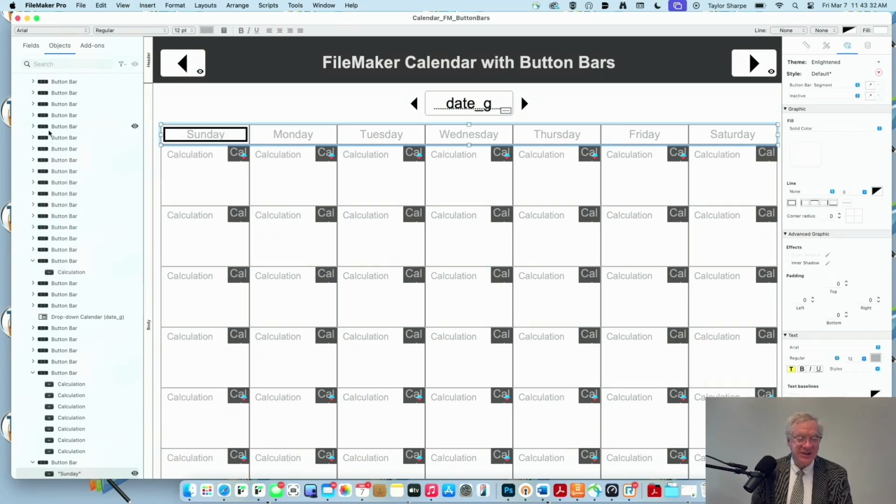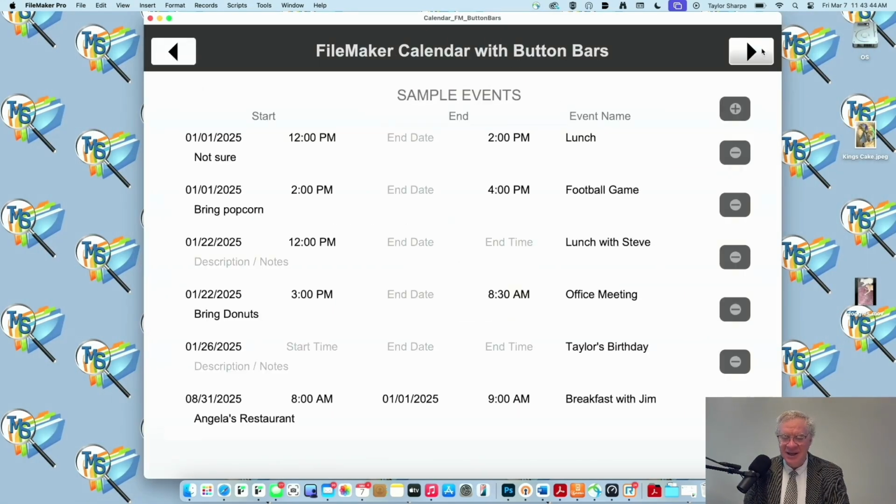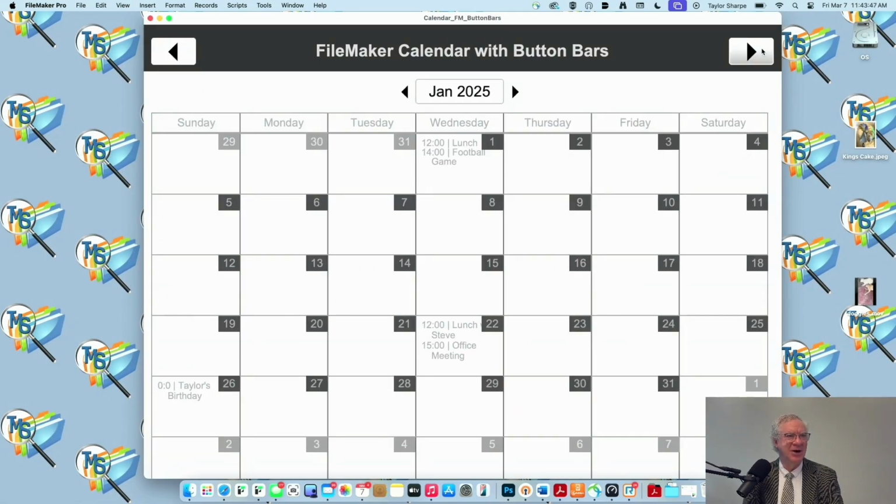So if you want to get fancy, you can make this a calculation and, depending on what culture you're in, what's the first day of the week, whether it's Sunday or Monday, you could even get fancy with that. But the reality is most people are using button bars for navigation in the run reports, on the left or the top of whatever layout they're in, and you're probably not creating calendars. Most calendars now you wouldn't do this way, but it was a good example to show something that has a whole bunch of buttons on it and a way to do it all just within FileMaker. But at this point, I gotta see any questions about button bars and what I've been showing.